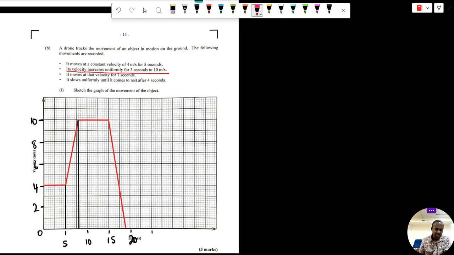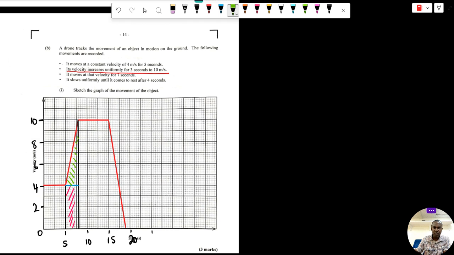Now, what type of shape is this? Between 5 and 8 seconds, essentially we have a trapezium. But of course, we can split the trapezium into a rectangle and of course a triangle. Let's do that. So let's draw a horizontal line right here to split the trapezium into a triangle and a rectangle, right? So in terms of the rectangle, let me just shade it to show you exactly what we're speaking about. We're talking about this region right here as our rectangle. And of course, for the triangle, we're talking about this region right here,